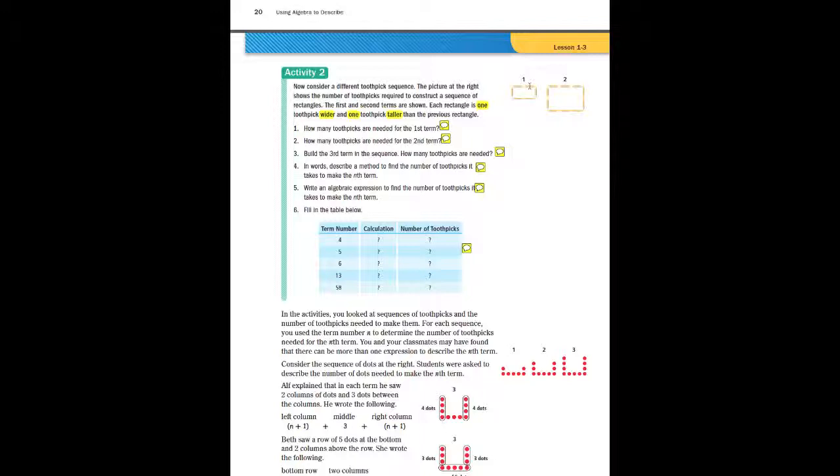And then the second term we had 10, so we had 4 more added in to that one. So 1 times something, probably plus something, is going to work. 2 times something plus that same amount should work. And let's see what that might be for this one,